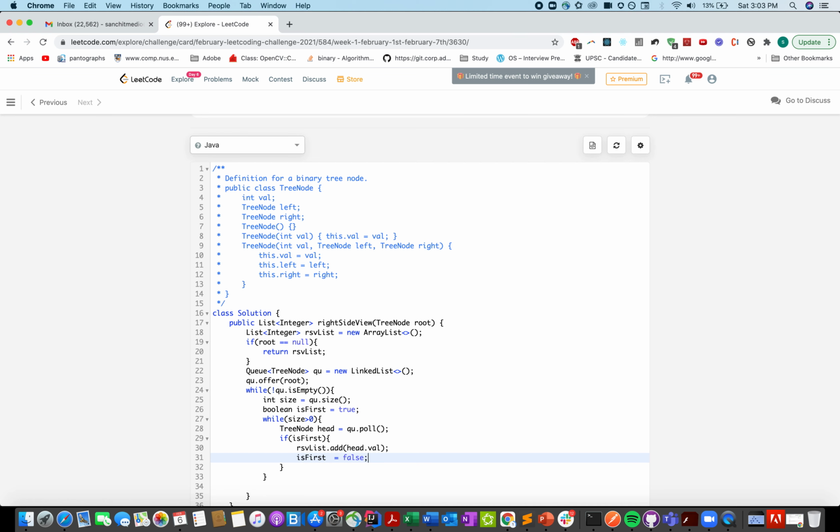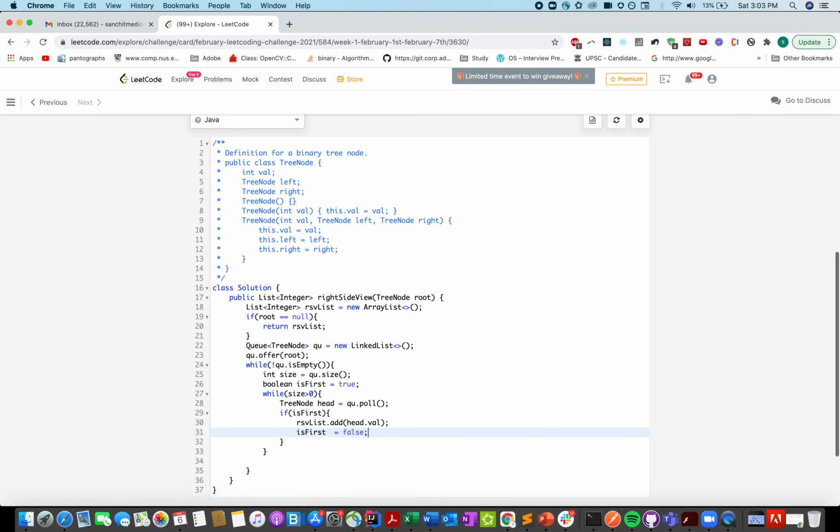That means we have witnessed the first element at that particular level, and we will go about adding its left child and the right child if both of them are not null. So if head dot right is not equal to null, q dot offer head dot right. It's important that we need to add the right element first because we are interested in the right side view of the tree. Had it been the left side view of the tree, we would have added the left side element first.